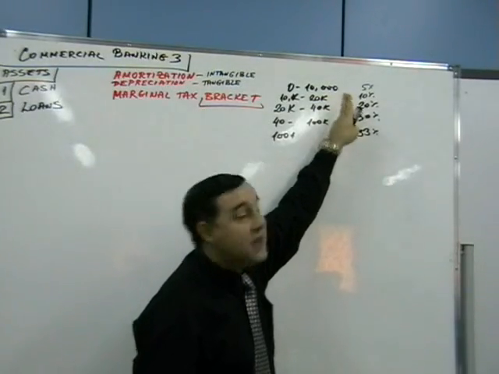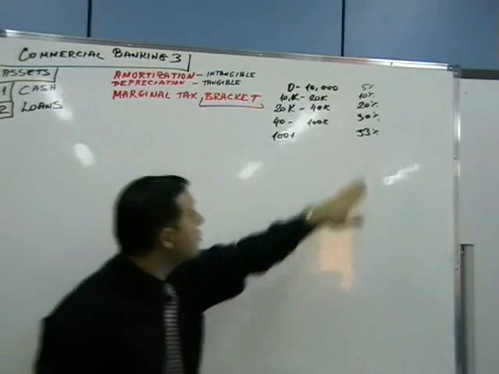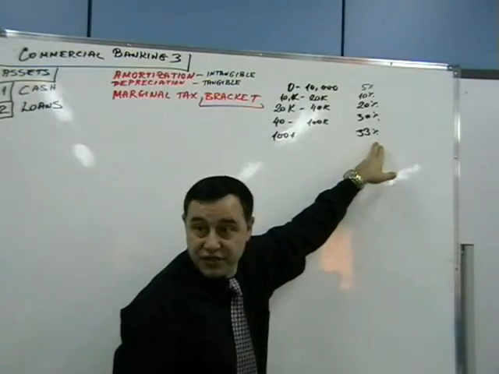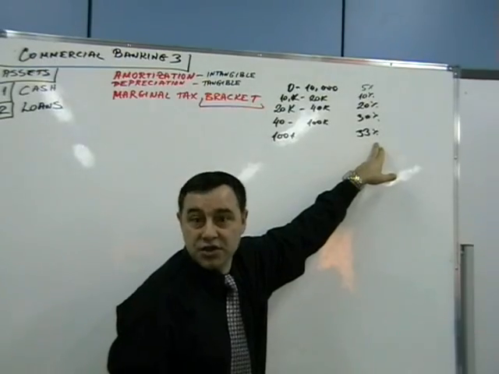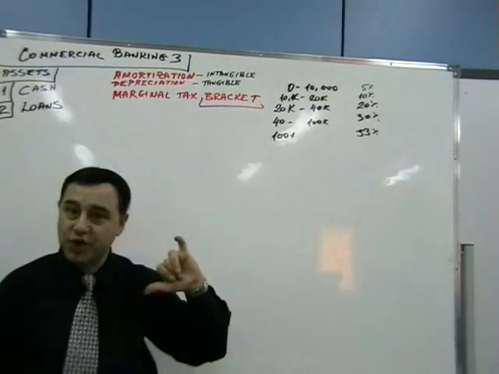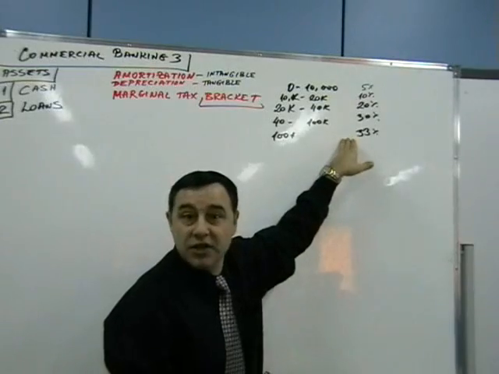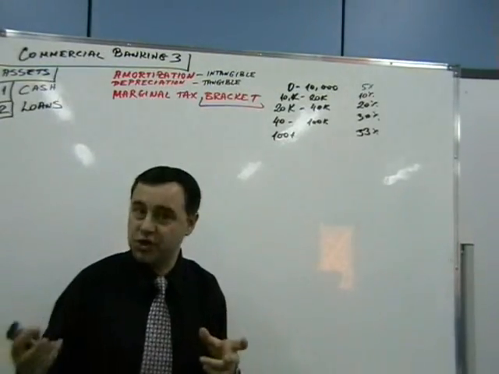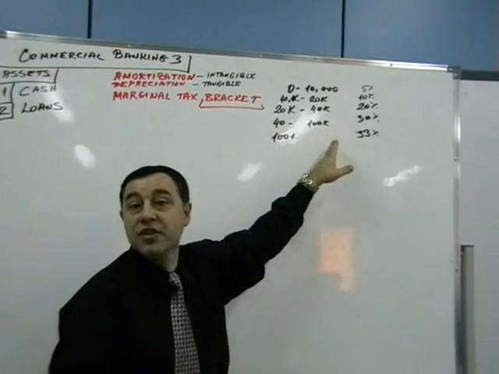The other entity, at 33% tax, will save $330,000. So if the bank depreciates it, it will gain an additional tax shield of